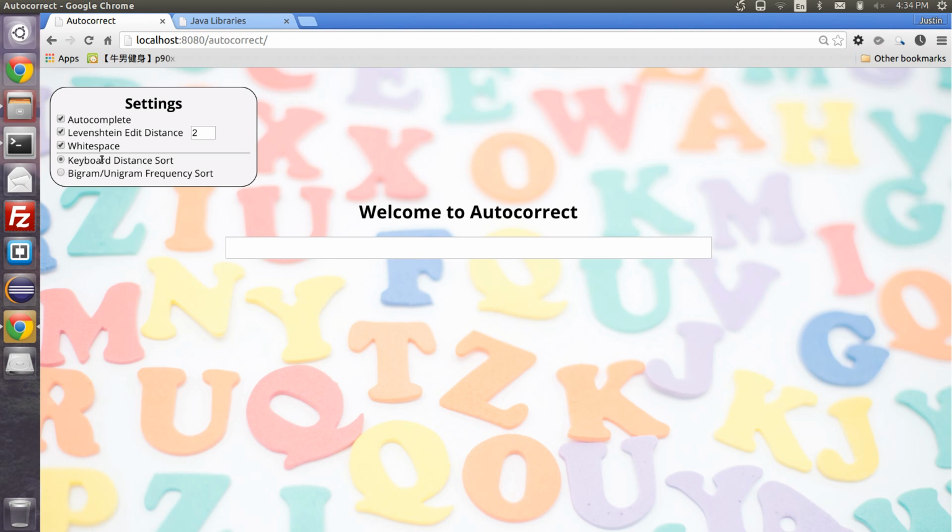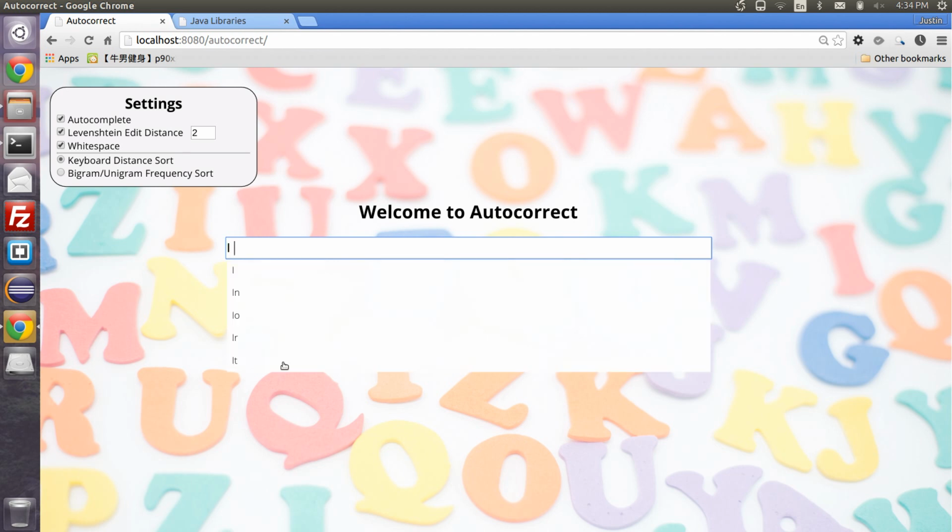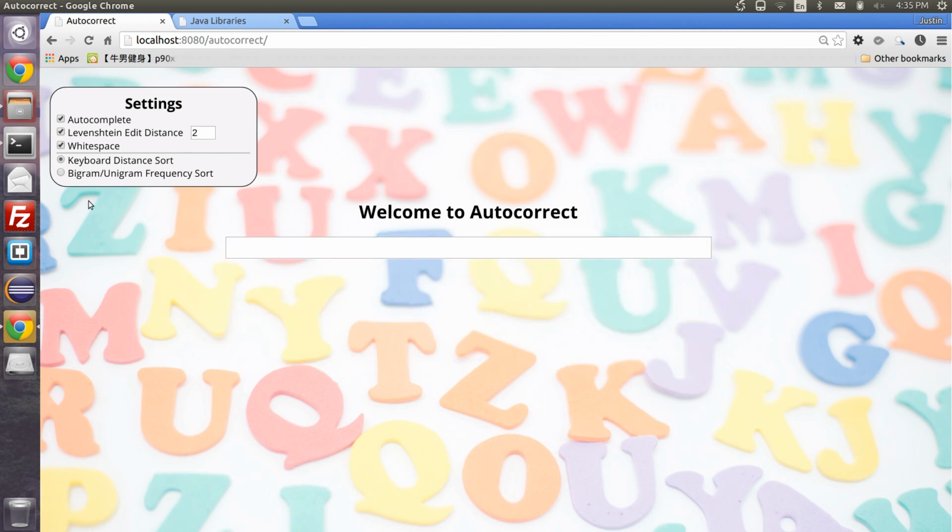Let me go back to keyboard distance sort for a second. Let's say I wanted to type the phrase I believe. Let's see how long it takes to come up using the keyboard distance sort. It doesn't come up until I type the V, so I'm only one letter away before it finally comes up using keyboard distance sort. Let's do the same experiment here, but use the bigram frequency sort